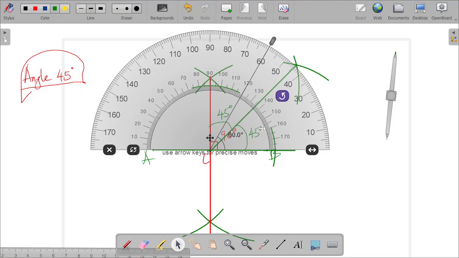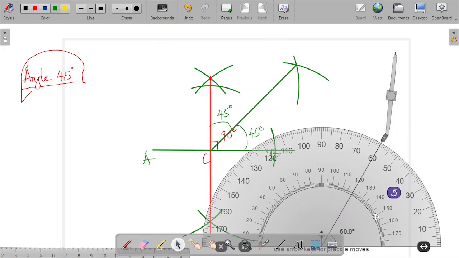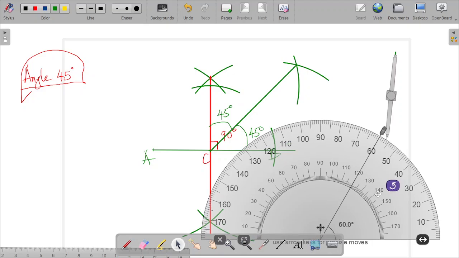So we have gone through the 4 angles you need for checkpoint. Now for the checkpoint exam, what you need to know is how to make angle 30, 60, 45 and 90. Okay, so we have gone through the steps in making them. All right,